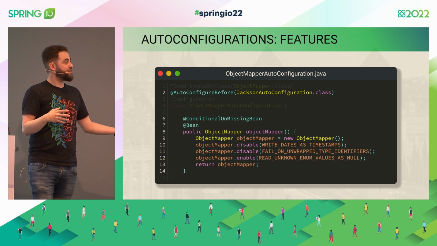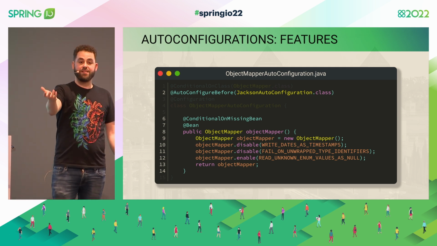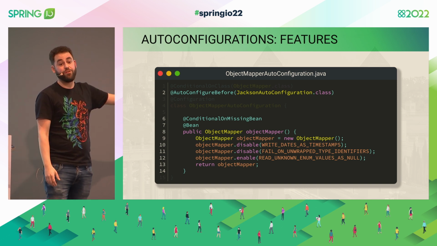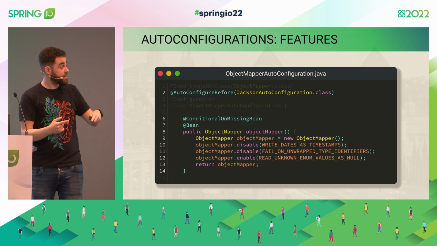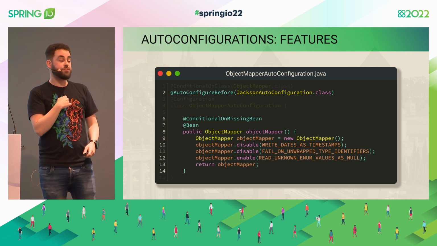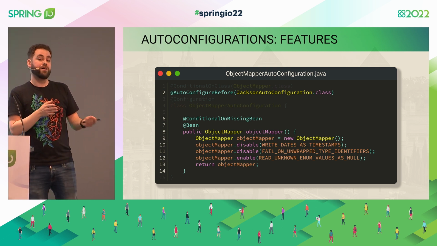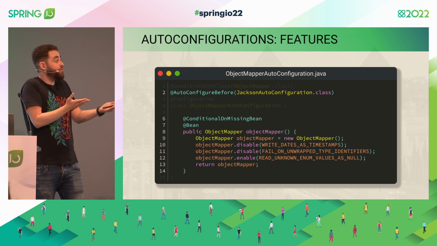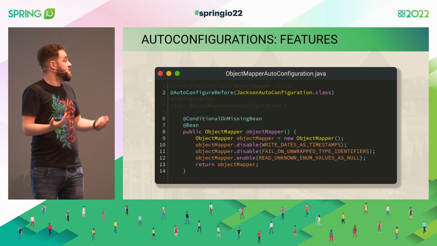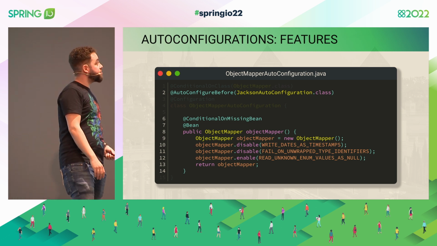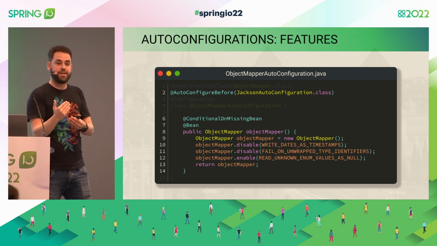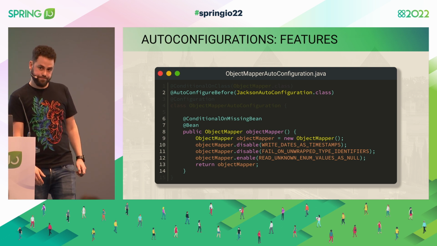How this is going to take effect is the application can provide its own object mapper. And then I'm going to see there's one, I'm going to ignore it. And Jackson is doing exactly the same. So they will also respect application opinion. But when the application doesn't provide it, I'm saying, ask me first, not Jackson, me first. I'm going to see, OK, application didn't provide something, I'm going to provide it. And then when it's Jackson's turn, it will always see one, either the application one or mine. So now I'm overriding the defaults from Jackson. Yes. Again, there are many other different ways of doing the same, but I think this is a very clear example of how this is very powerful when we combine all these mechanisms available in auto configurations.